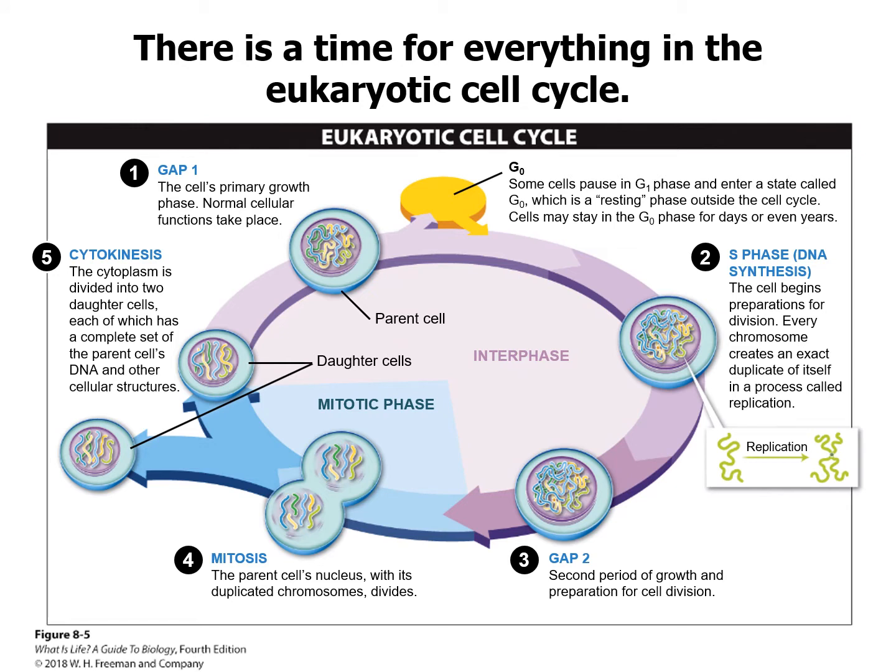We have S phase. This is very important to make a note of because it stands for synthesis, specifically DNA synthesis. And when you think of DNA synthesis, I want you to immediately think of replication of the DNA. So your DNA is replicating in order to form something called a sister chromatid, and we'll talk about those in a minute. But essentially it's just making an exact copy of all of the chromosomes. So there's still the same number of chromosomes that we started out with in gap 1, but everything is being replicated.